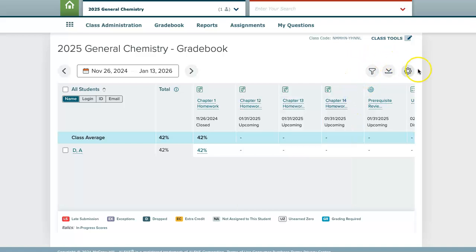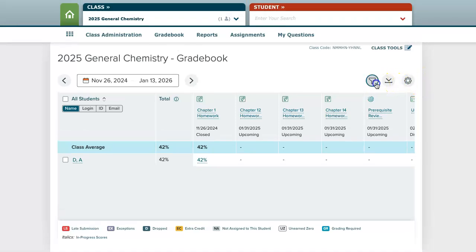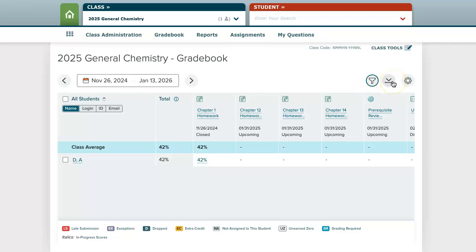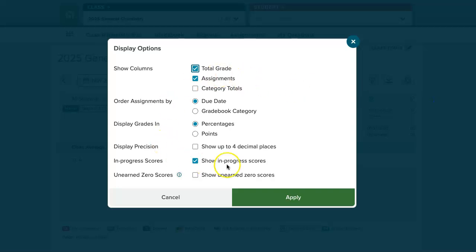Up here in the top right-hand corner, you'll have another few options. You can filter this gradebook to a certain gradebook category. You can download this gradebook into an Excel file, and over here in the settings wheel, you can adjust the display options as well as get to that gradebook setup page. For the display options, you might want to take a look at the different options that are available to you